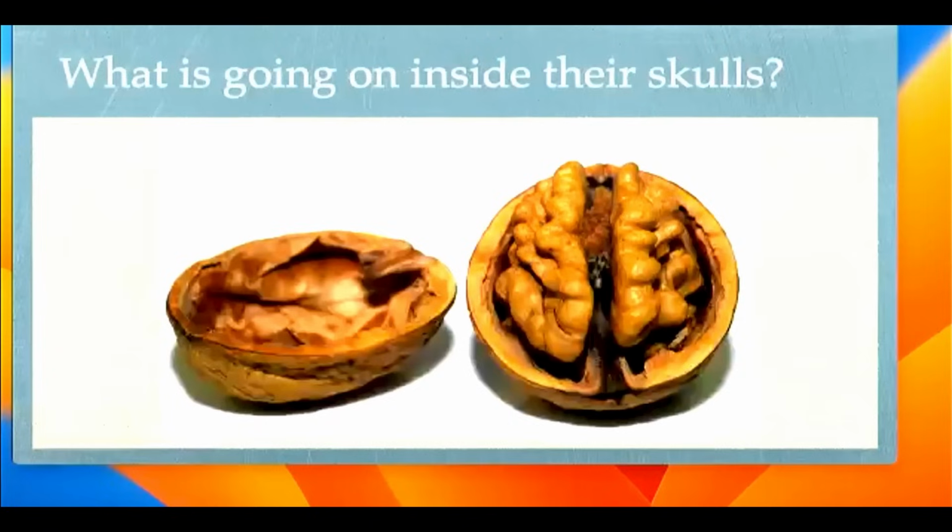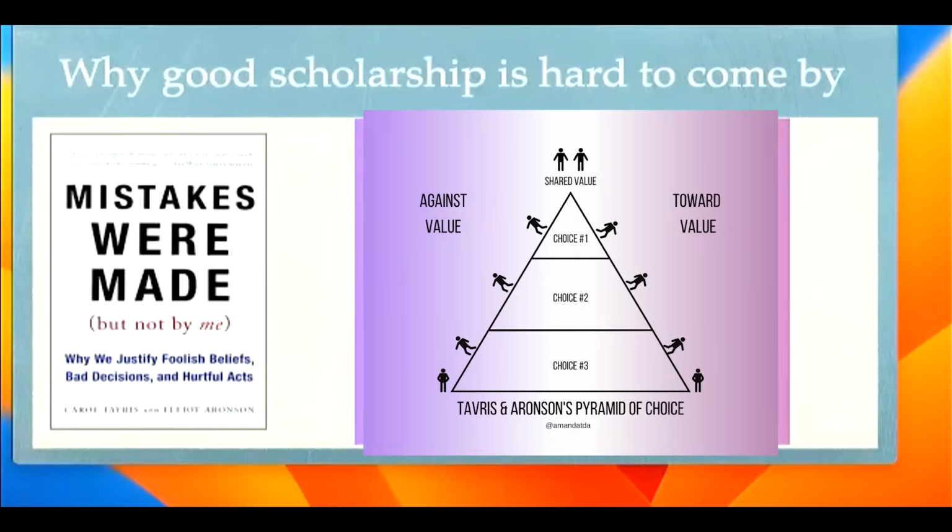And I started to wonder, what's going on inside their skulls? I mean, are they nuts? Well, they are, but in fact, they're just being people. People as studied by the social scientists Carol Tavris and Elliot Aronson, authors of the book Mistakes Were Made, But Not By Me. It's a great book. They explain how self-justification and the desire not to be wrong leads people to get more and more entrenched in